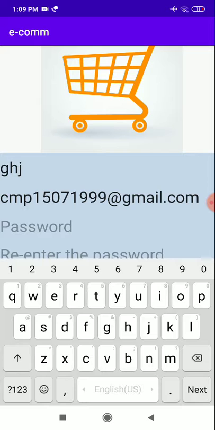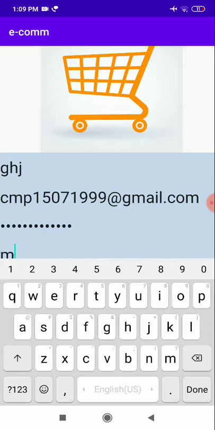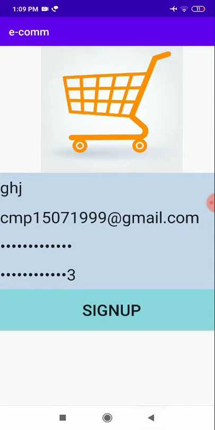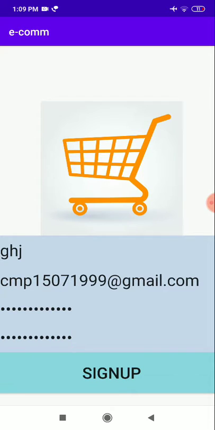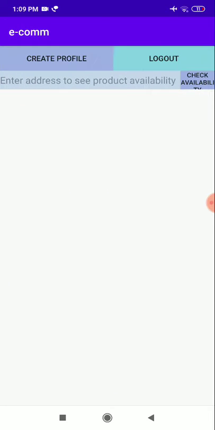The email address field is mandatory, and then the password and re-entering the password. GHJ is our username. So, sign up. Sign up is successful.